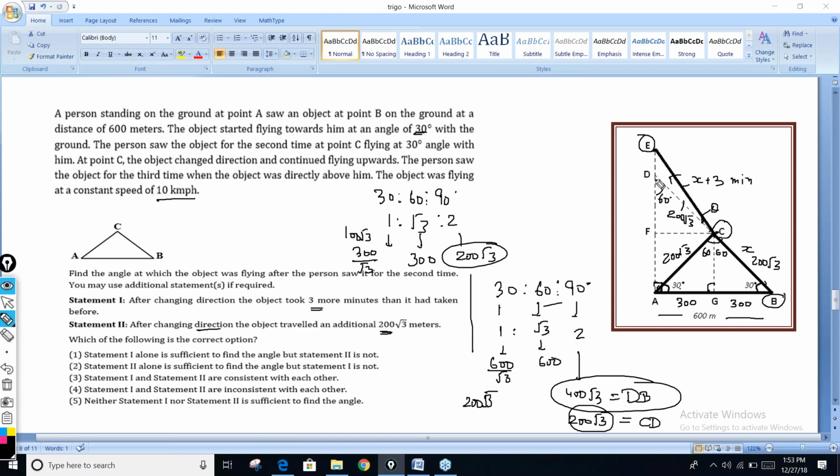अगर डायरेक्शन चेंज करने के बाद ये वाला डिस्टेंस भी 200 root 3 आ रहा है, तो टाइम तो सेम लगना चाहिए था ना, बट लुक एट द फर्स्ट स्टेटमेंट सेज इट टुक 3 more minutes। मतलब वो बोल रहा है कि यहां से यहाँ तक आने में जितना टाइम लगा, अब उसको आने में 3 मिनट ज्यादा लगे, मतलब ये डिस्टेंस ज्यादा होना चाहिए। बट ये डिस्टेंस तो कितना आ रहा है, ये डिस्टेंस तो हमारा 200√3 बोल रहा है, वो 200√3 तो ये वाला डिस्टेंस है जब उसने डायरेक्शन चेंज नहीं किया।